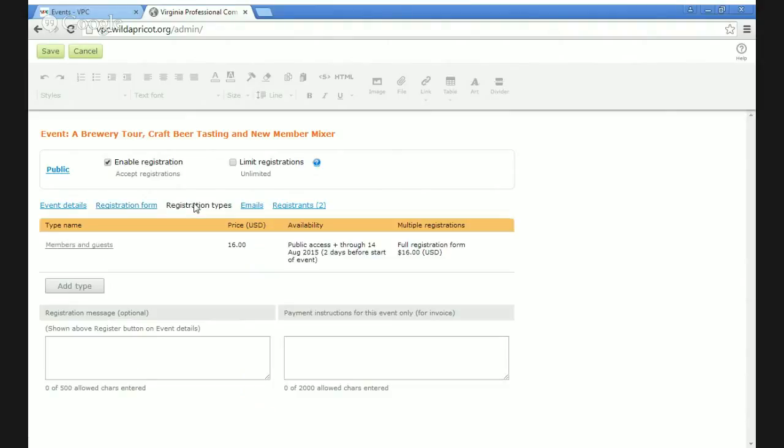Registration types: every event will need at least one registration type. And in this case, we have members and guests. There could be some events that you might have which are members only, and so the registration type there would be shown as members only. Again, every event can be customized so that we can always have a choice over the type of registration that we're having available here. But if I wanted to add a new type here, we can do that by clicking on,